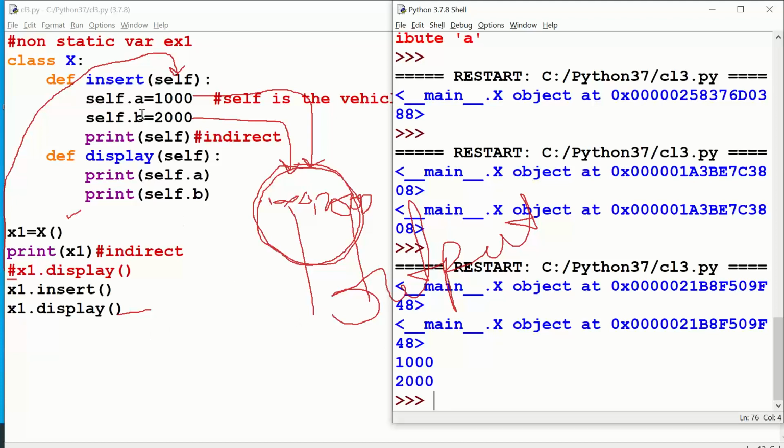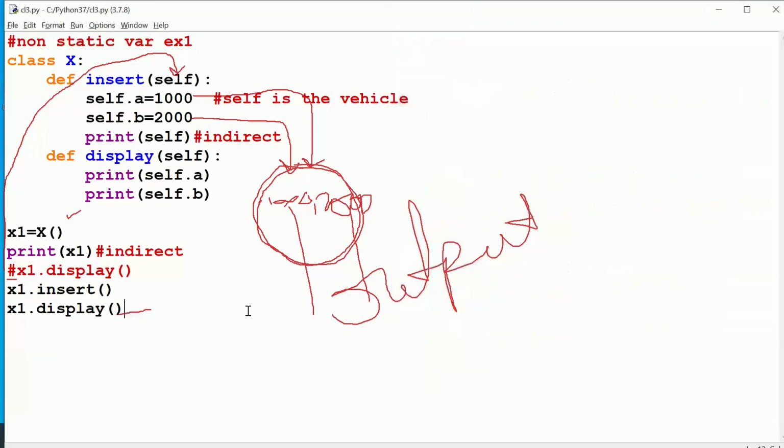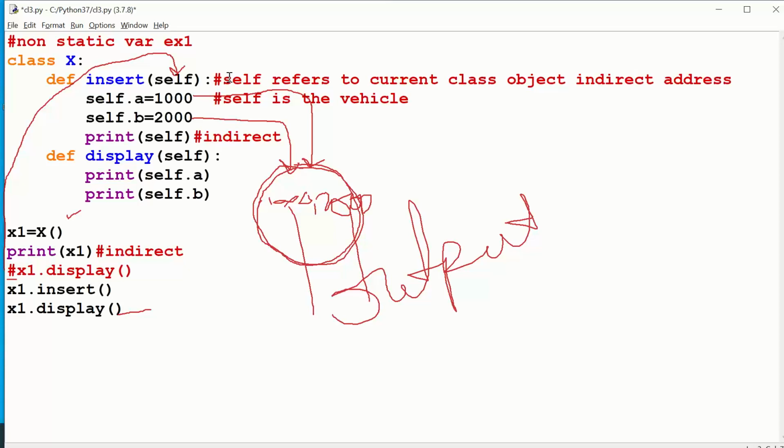Now you have understood that self refers to the current class object address. You can also write it like this: self refers to the current class object indirect address. Okay, self refers to the current class object indirect address.